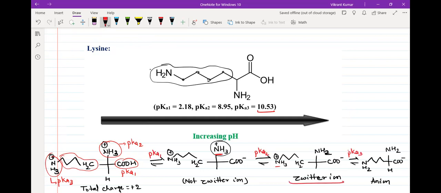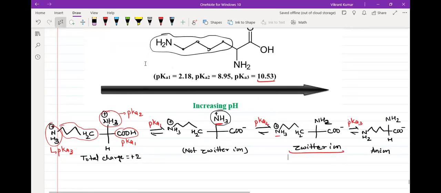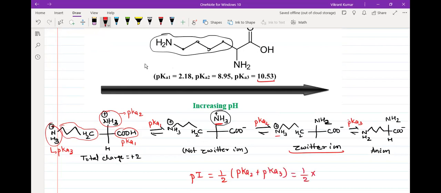And now we have got this zwitterion. Now tell me pI का value. Half of pK2 plus pK3. Very good. So if they are asking you in this case pI का value, it will simply be half into zwitterion के आगे पीछे जो pK दिख रहा है उनका एवरेज. So we'll say pK2 plus pK3, and if you calculate it, we'll be getting half into 8.95. ये numbers दिए हुए रहेंगे क्वेश्चन में. You're not expected to remember all the numbers. ये नंबर दिए हुए रहेंगे, तो दिस इज 19.48 का हाफ,